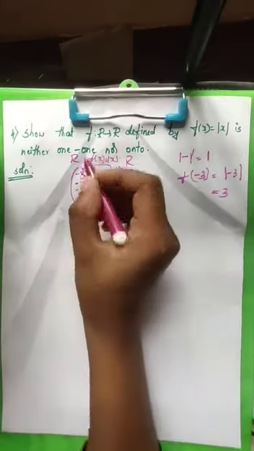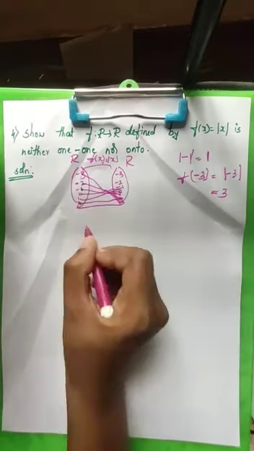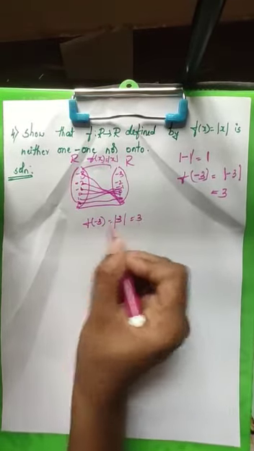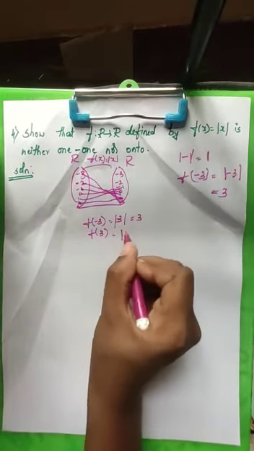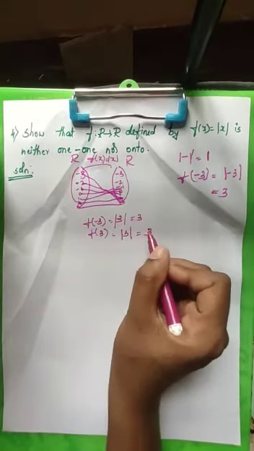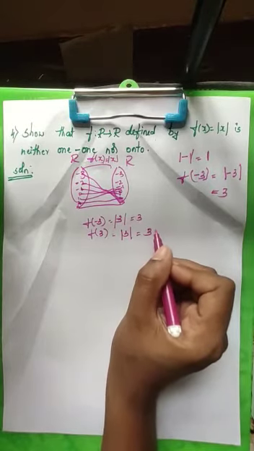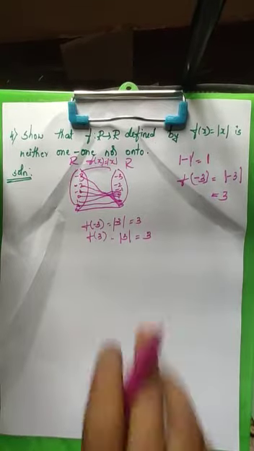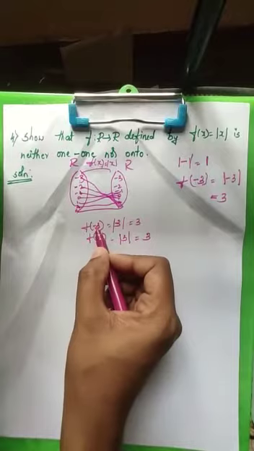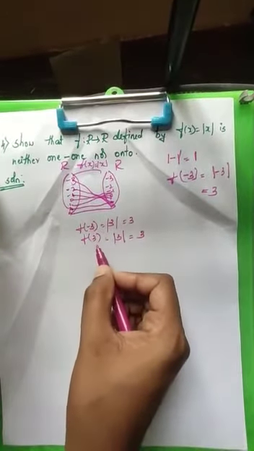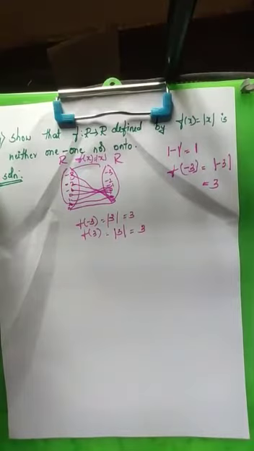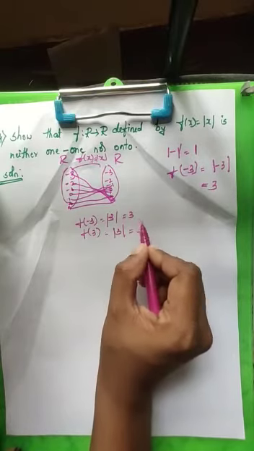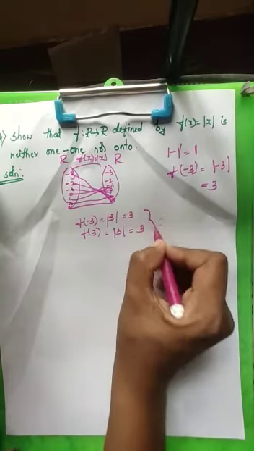and it is not onto. Why is it not one-one? Because you can see, what is f of -3? F of -3 is also 3. Modulus of -3 is 3. What is f of 3? F of 3 is modulus of 3, which is also equal to 3, correct? So whatever you take, you'll get the answer to be positive. So you can see that -3 and 3 are two distinct elements, but what are their images? Images are one and the same. So this particular function, you can say it is not one-one.